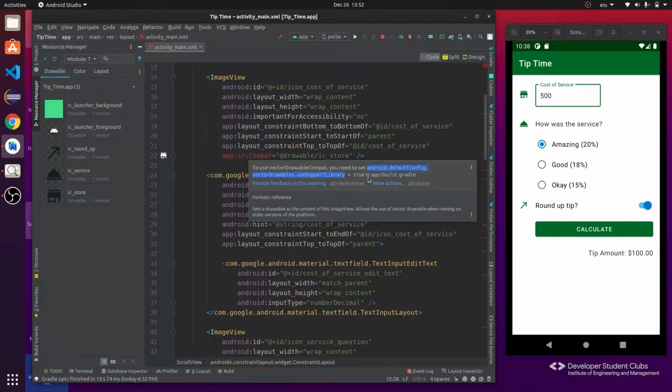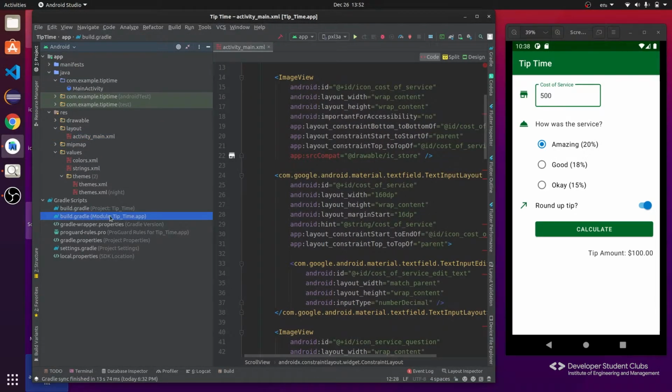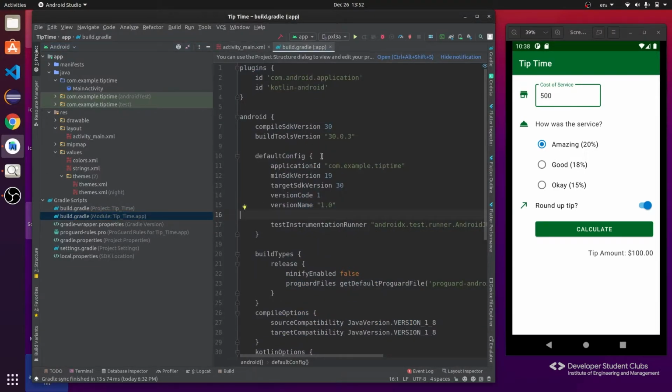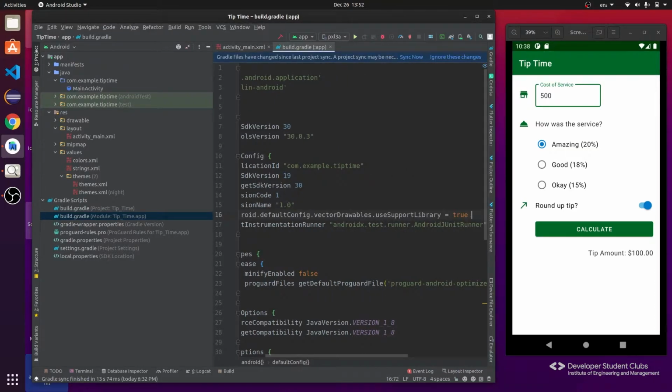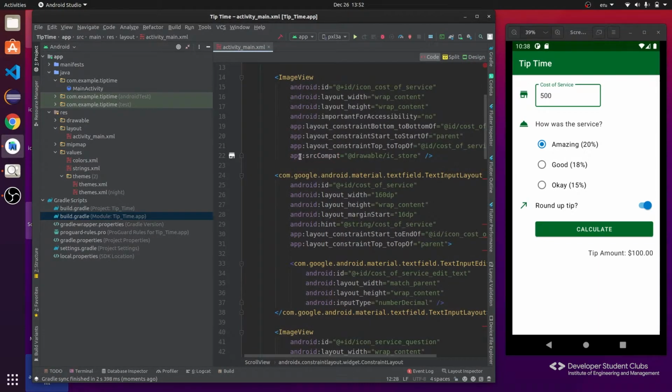So we'll just copy this and add it under the build.gradle file. So where is that build.gradle file? And we will have to actually edit the module one, not the project one, but the module one. And under the default config, what you can do is that we can paste this line over here. So this line, useSupportLibrary equals to true. Now what it does is that it enables the support library accessibility for Android devices which are not supporting material design. Let's click the sync now button and it will get synced. Now if we check, the error has been gone. So this is all about image view.